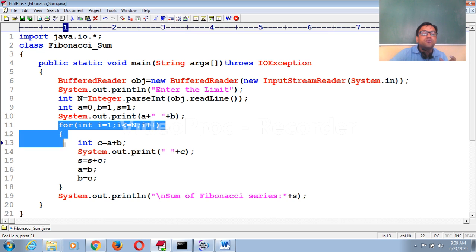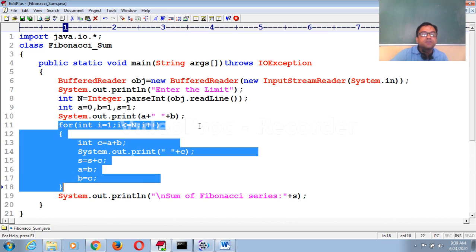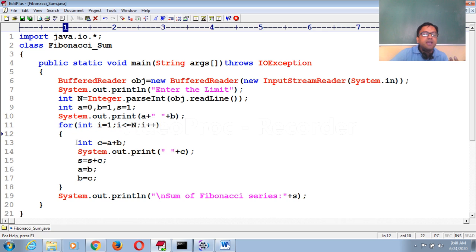Then I use the loop to perform as many times as we need to display the result, and there we are finding the Fibonacci series value by adding the two consecutive numbers and printing the next value of the Fibonacci series, and after that I am adding here the series value. So s equal to s plus c will add the Fibonacci series value, and swapping here to perform the consecutive addition. So in this way you are able to show or display the series as well as the sum, but I am printing